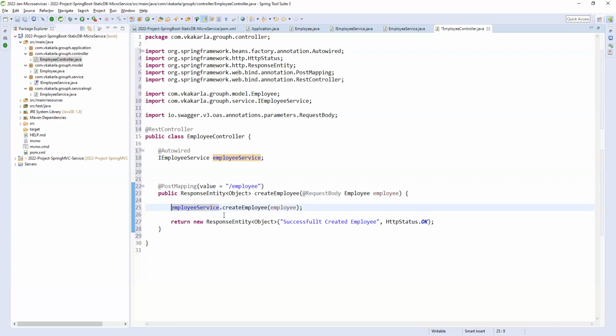Or if you're not having any response, it is a simple kind of success, you can send a particular message, right? Along with that, you can pass the event response or event status. What is this event? It is a create employee type of event. So you need to say the success or failure in terms of HTTP status codes, in terms of API terminology. You need to say the status of your API.